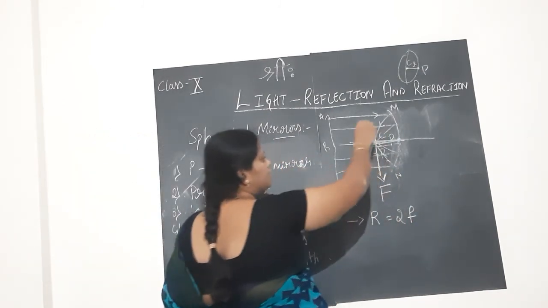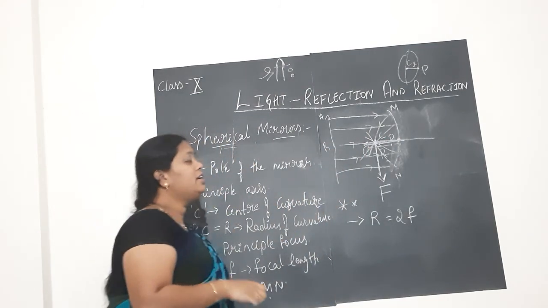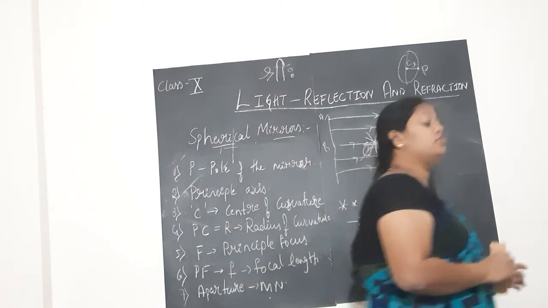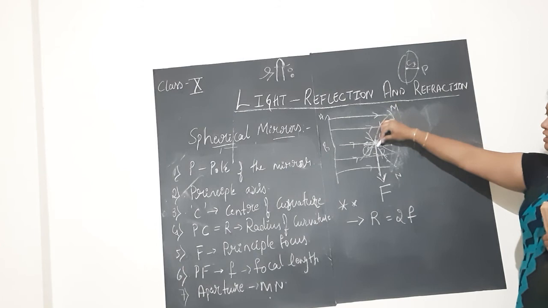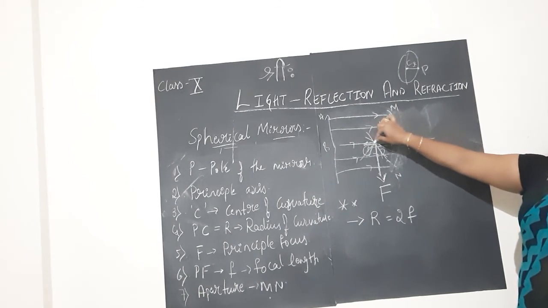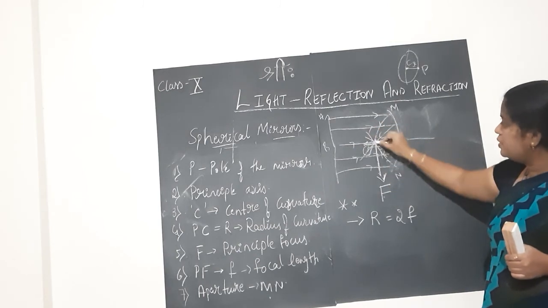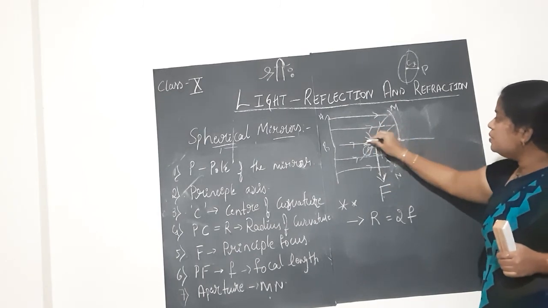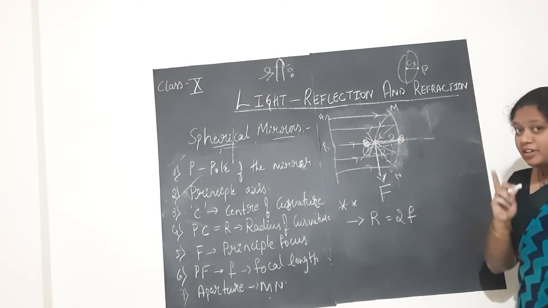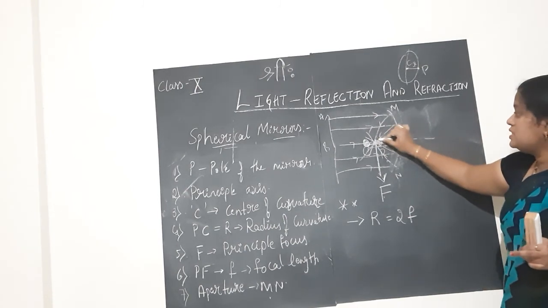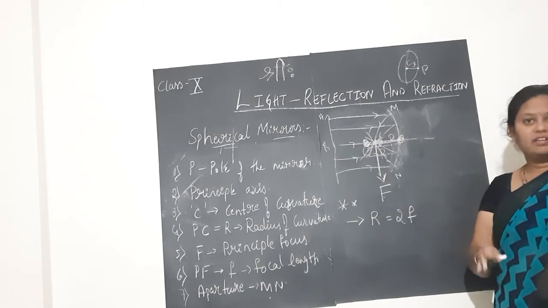And children, you will learn the ray diagrams in further classes. Only, when you draw the ray diagrams, you should not make mistakes. You should have an idea that the principal focus is where the reflected lights meet. That point is always present, that is capital F, the principal focus. It is always present between the center of curvature and the pole of the mirror, between P and C.